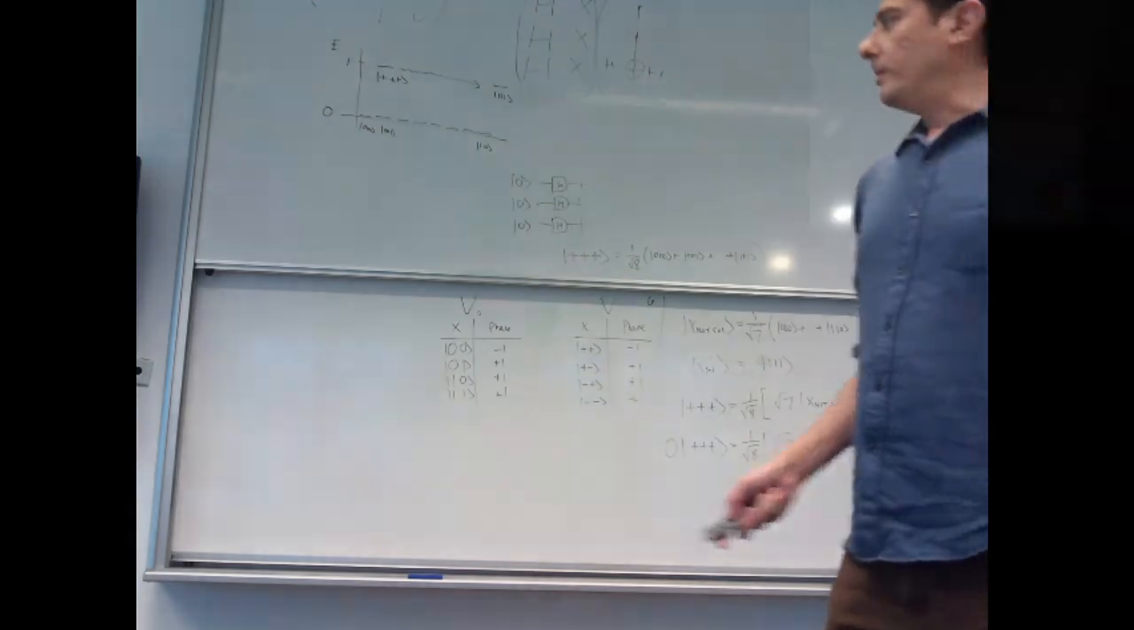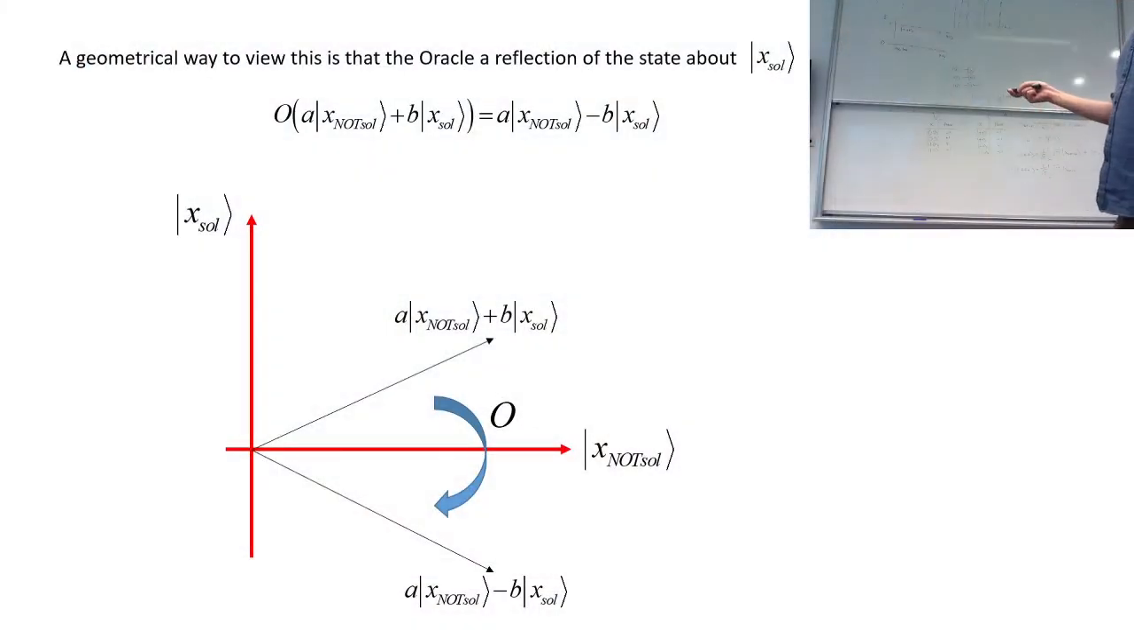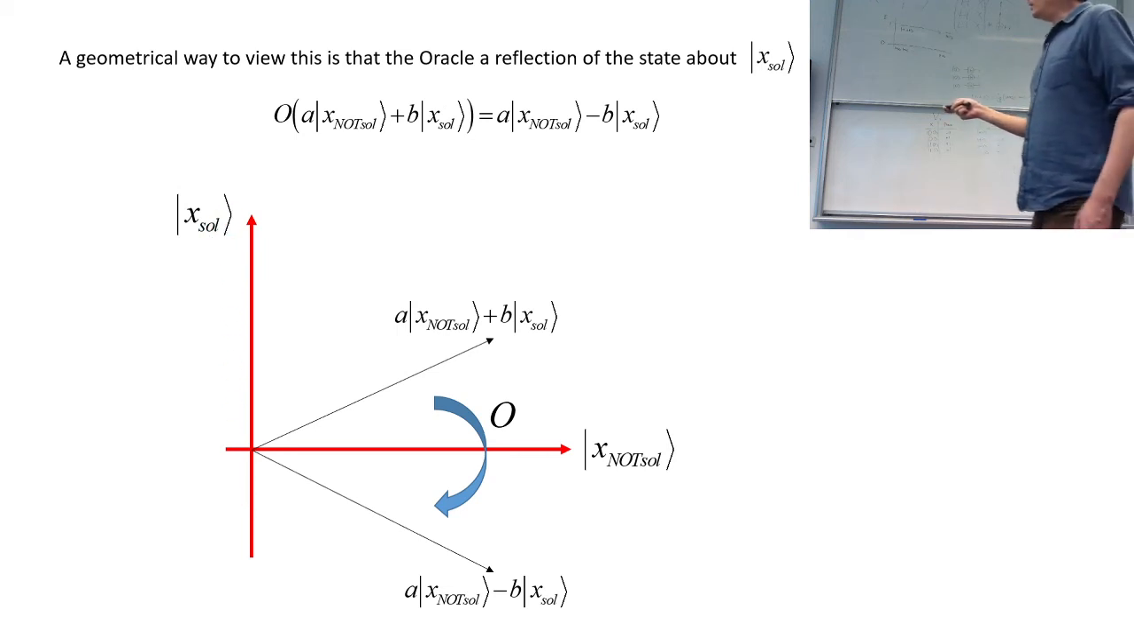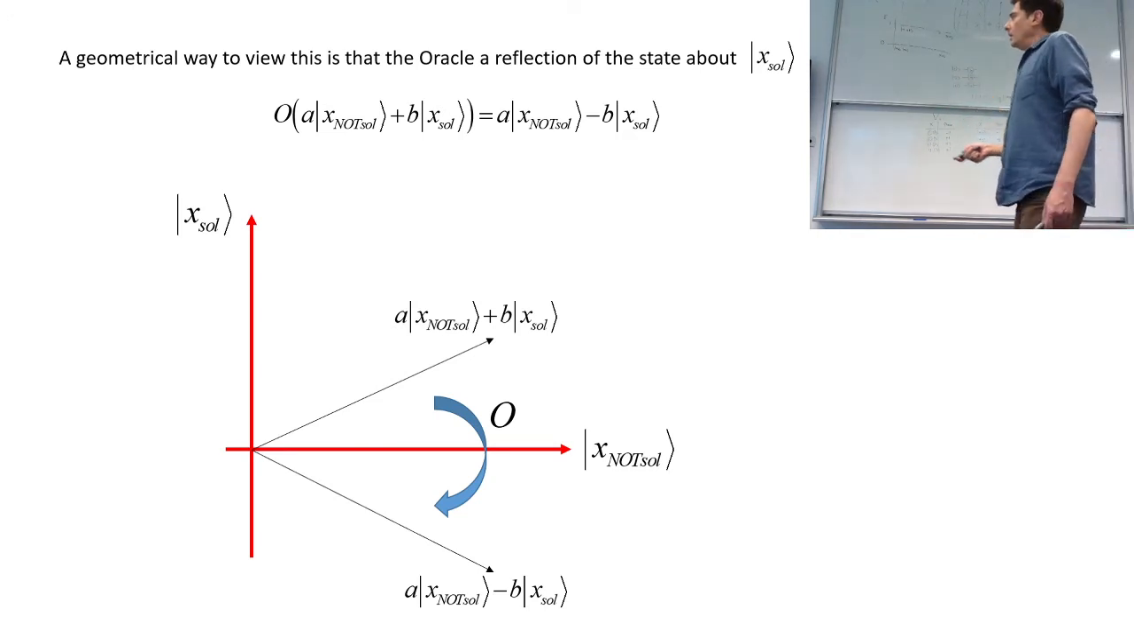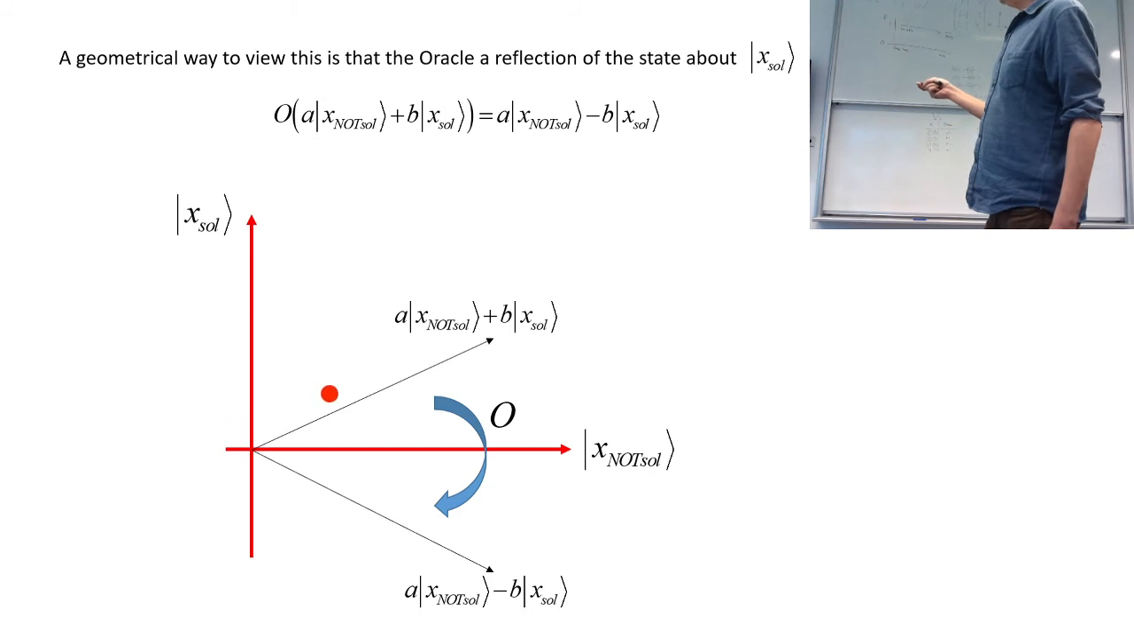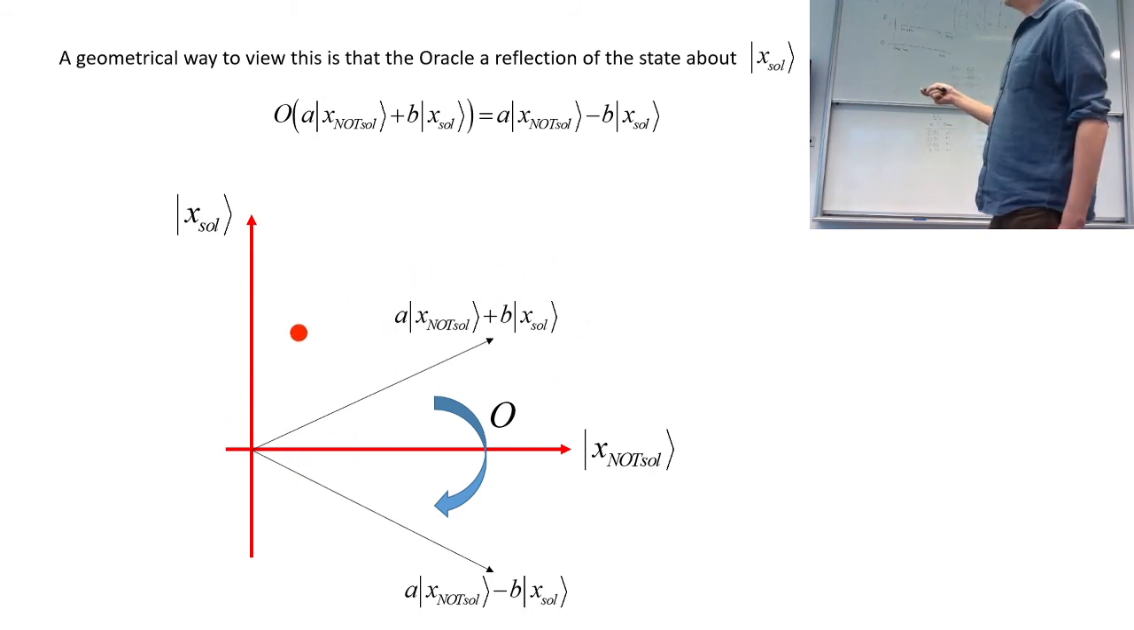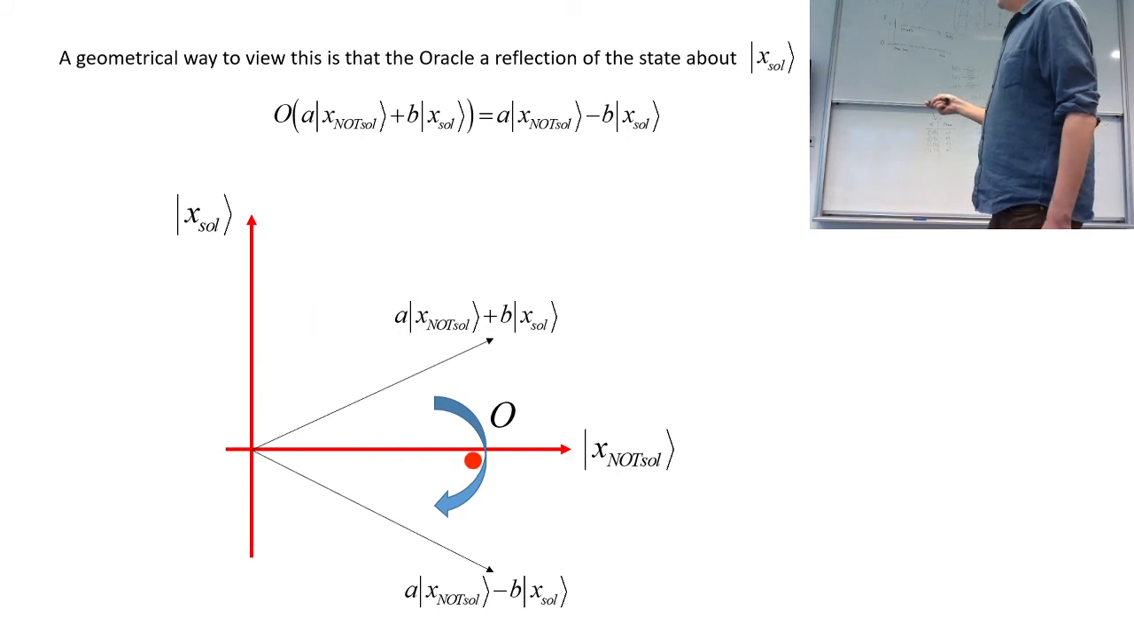So they're orthogonal, and we've normalized them properly. So those are our axes that we're going to work with. And let's just talk generally of what this oracle does. So if we take some state, which is some superposition of these two basis states, and we apply this oracle,